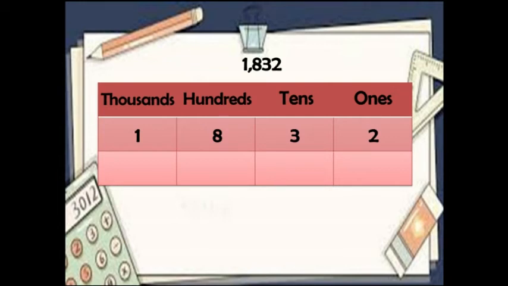The value of 2 is also 2. The value of 3 is 30. The value of 8 is 800. And the value of 1 is 1000. As we read the value, we have there 1000, we have there 800, we have there 30, and we have there 2. So using the value, let us all write